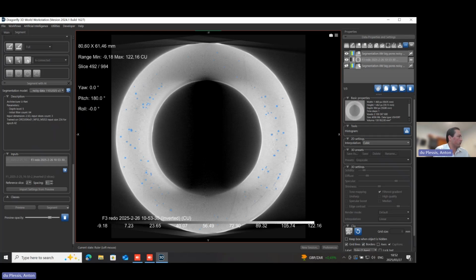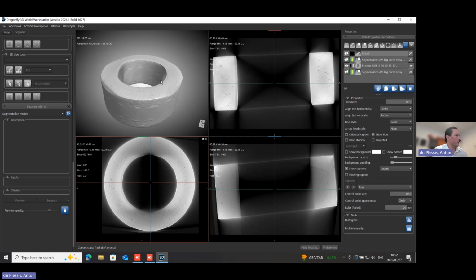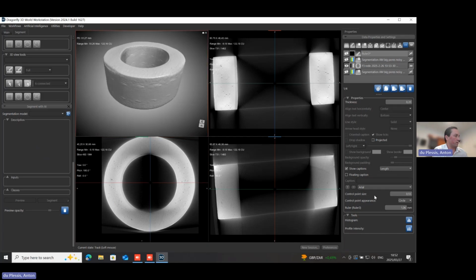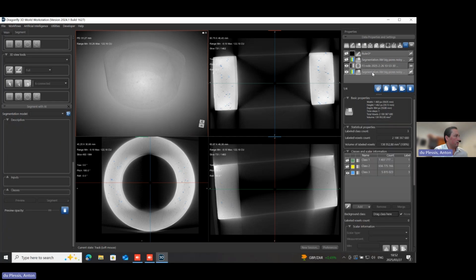If you look at these blue pores that were segmented here, that's really quite impressive because of all the artifacts in that data. And I've actually segmented the full data set previously, and I've loaded this into the workspace here so that I can demonstrate. So let me just make the sample transparent and show the end result. The deep learning segmentation does take a bit of time, but it makes it possible to segment this data set as you see there and get the porosity. And from there, you can then make color-coded porosity analysis and so on.